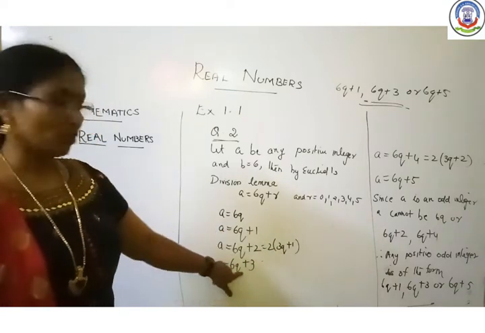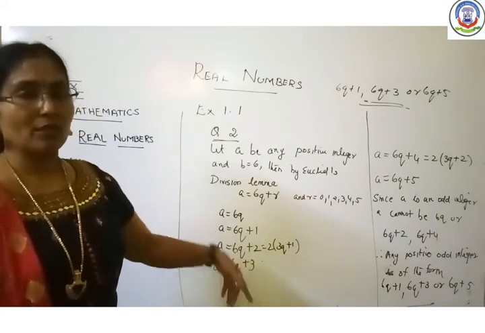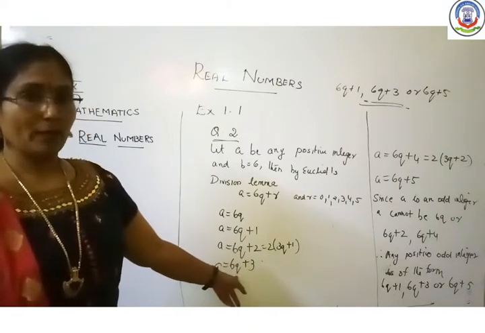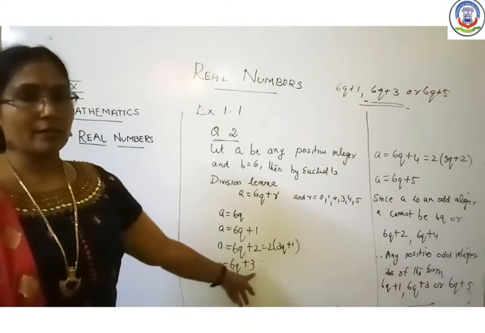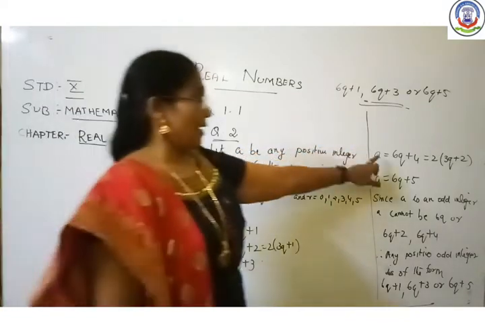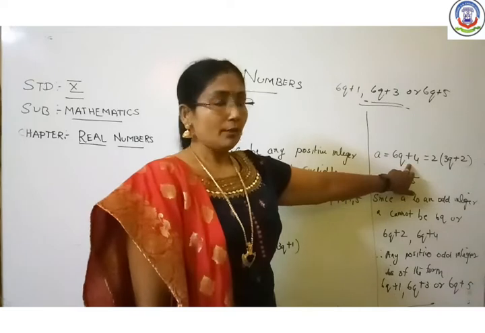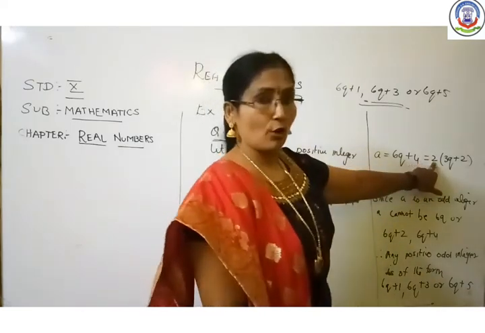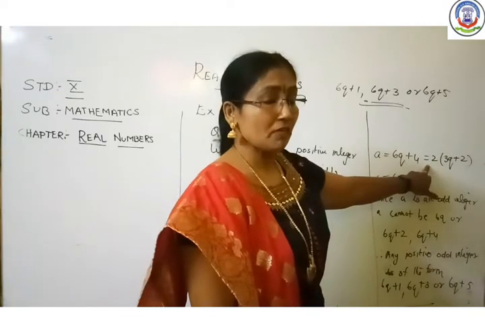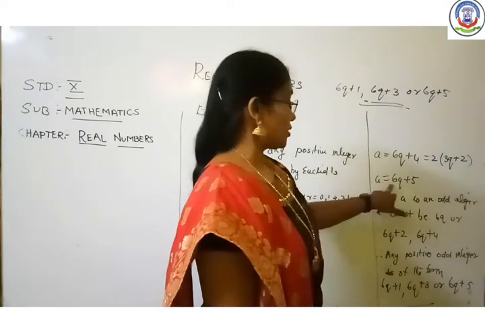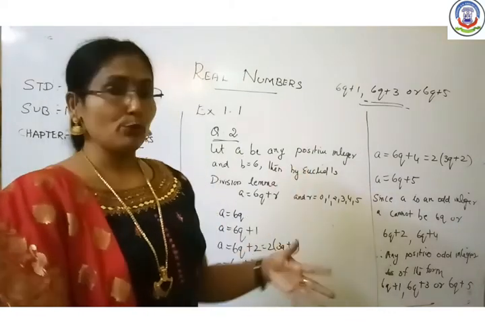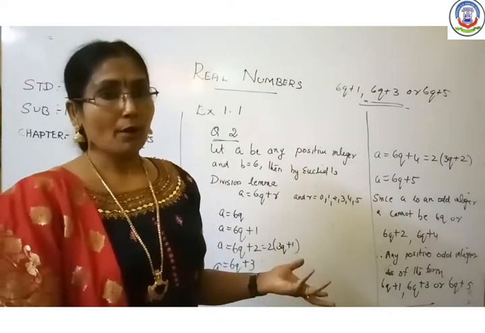Now A is equal to 6q plus 3. That means if you suppose q to be any number, look at that: 6 3s are 18. I suppose q as 3, 6 3s are 18, 18 plus 3 is 21. That means it is an odd number. Now A is equal to 6q plus 4. There also you are going to get a common factor of 2. So this is also a positive even integer only. Now the last one, 6q plus 5. You suppose any number for q and add 5, you are going to get an odd integer.